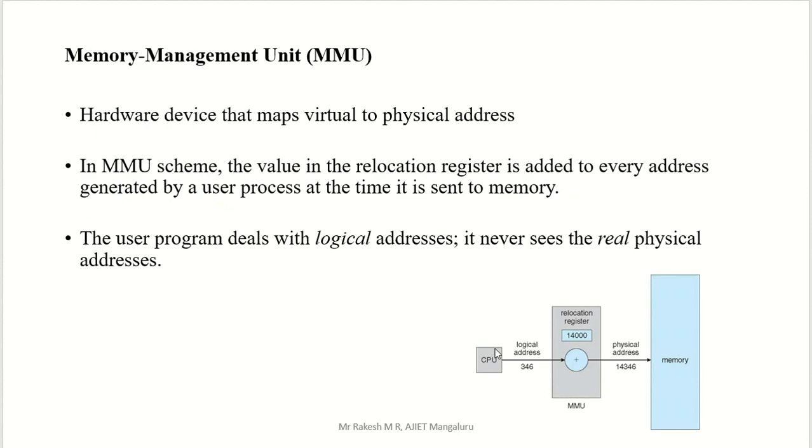In this diagram, the CPU generates a logical address. That is the previous definition we saw: a logical address is generated by the CPU. And here we have memory, primary memory or main memory. There we see whatever address is there, and that is a physical address. Here we have the logical address, here we have the physical address.